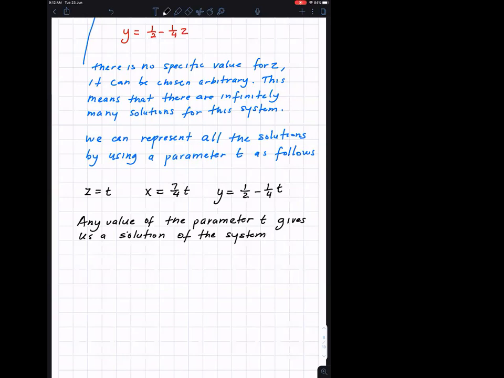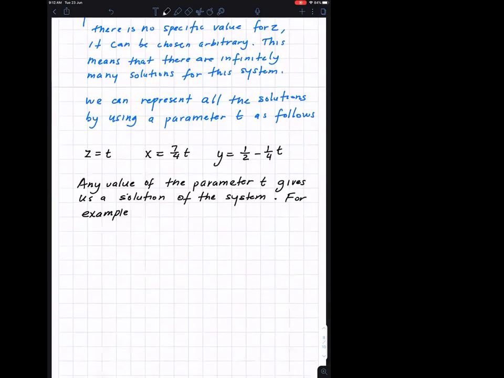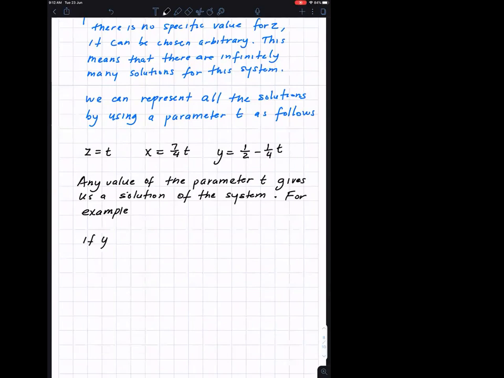What is this parameter we are talking about? Parameter t. For example, if you choose t is equal to 4,